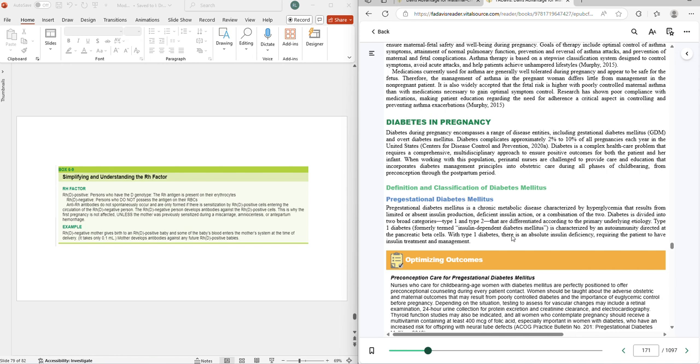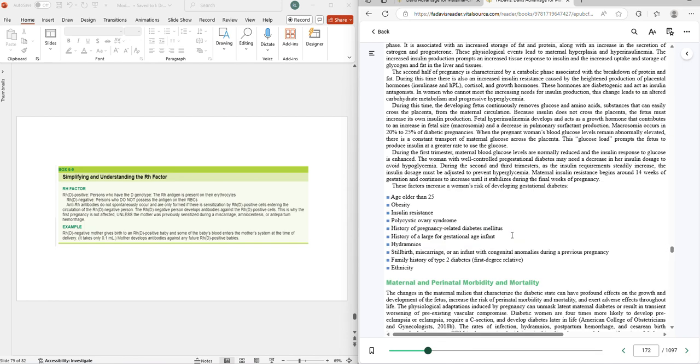So you can have a chronic, just plain out, I'm a diabetic and I got pregnant, or you can have something called gestational diabetes, where the pregnancy itself makes the mom diabetic. Okay, there's different risk factors: older than 25, obesity, insulin resistant, PCOS,